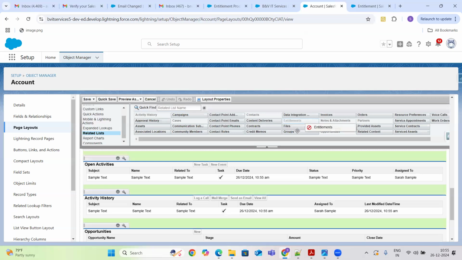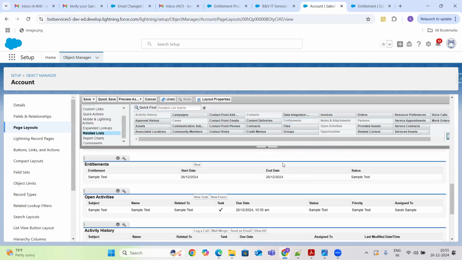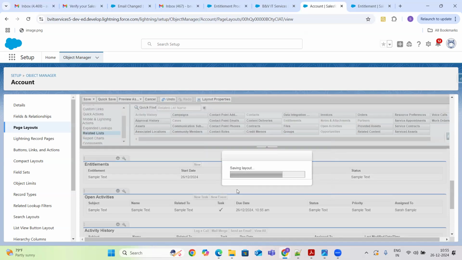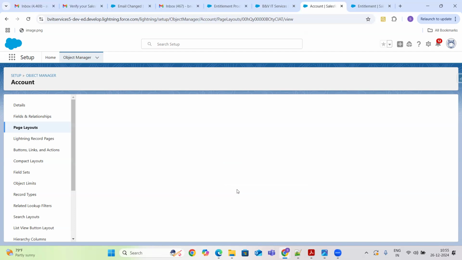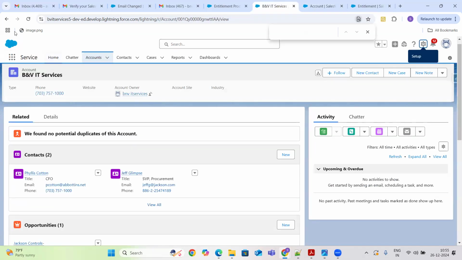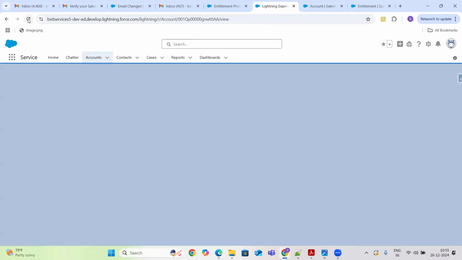So you can drag that entitlements. Okay, click on save. Now I have configured my support layout to display entitlements. So if I go to the service application and refresh it here,